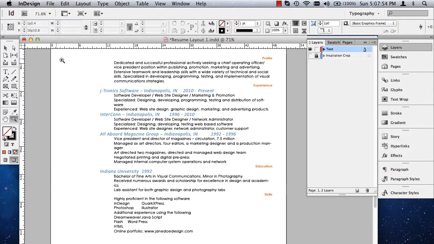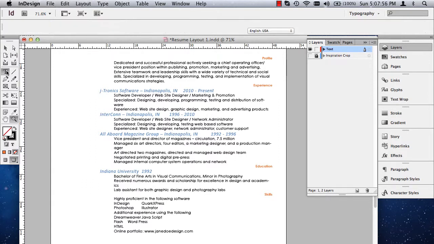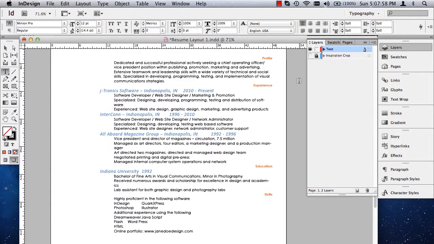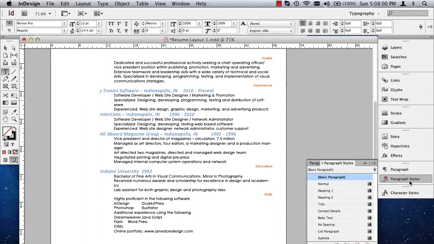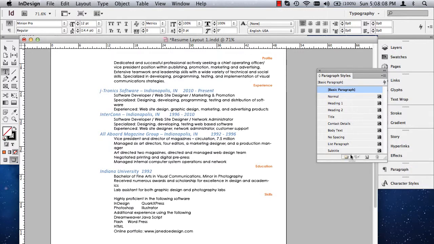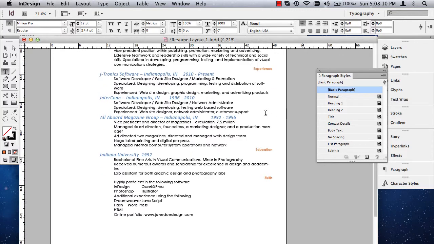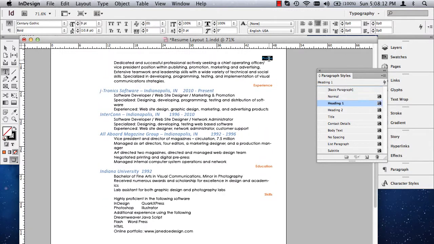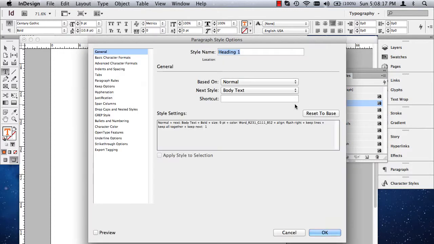We have things set up in paragraph styles. And paragraph styles should automatically come over into InDesign. Here we go. We have heading 1, 2, title, and so on. Now we can change the names of these if it's something that bothers us or we don't remember what heading 1 means. So I'm going to click on Profile, and that's called heading 1. If you want to change the name of this, you can double click on it, and you can call this